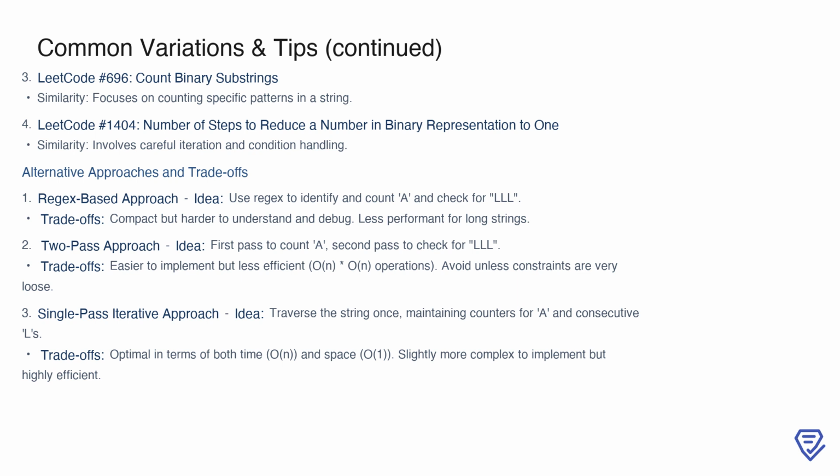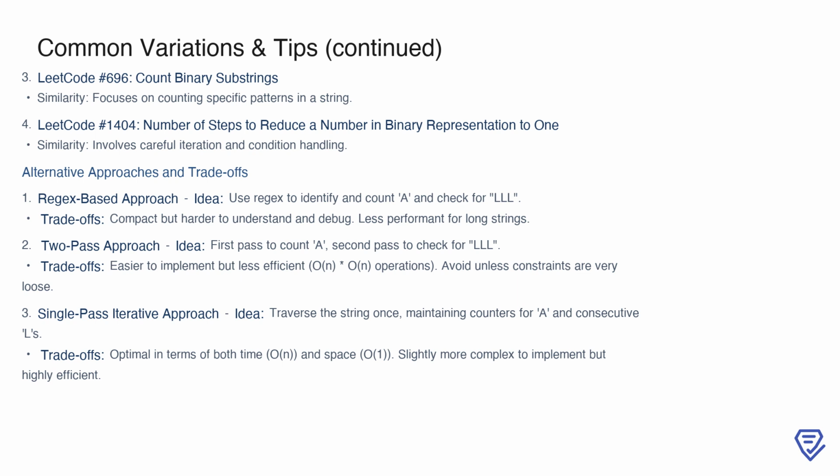When it comes to alternative approaches, one option is a regex-based method. This involves using patterns to identify and count A or check for LLL. However, while compact, this approach can be harder to understand and debug, especially for long strings. Another option is the two-pass approach, where the first pass counts A and the second checks for LLL. While easier to implement, it is less efficient with its O(N) * O(N) operations, so it's not ideal unless